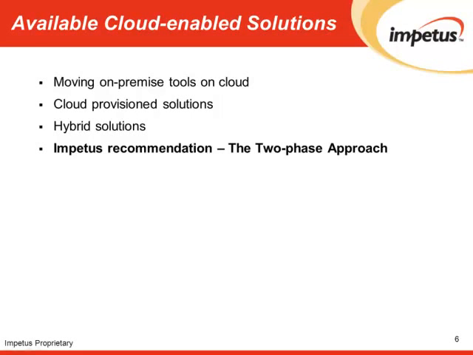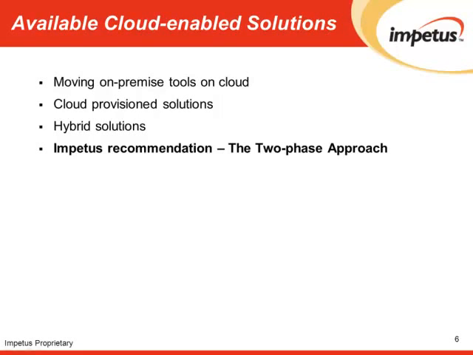The first and the simplest solution is to move the current on-premise tool to the cloud as it is. A few companies also offer automated cloud provisioning portals for load generations as well as executing and controlling tests. Now, the first 2 categories do have a few limitations, and therefore a third category called the hybrid approach is in place. This category involves using on-premise tools to generate on-demand load